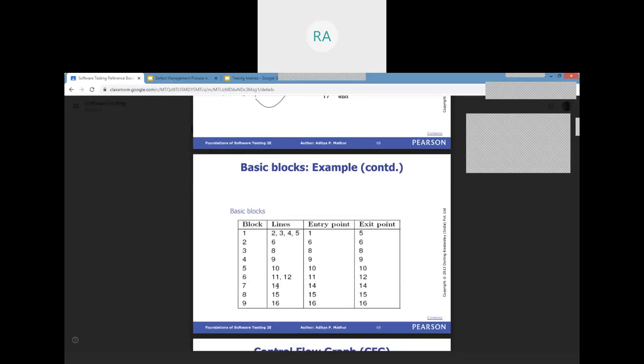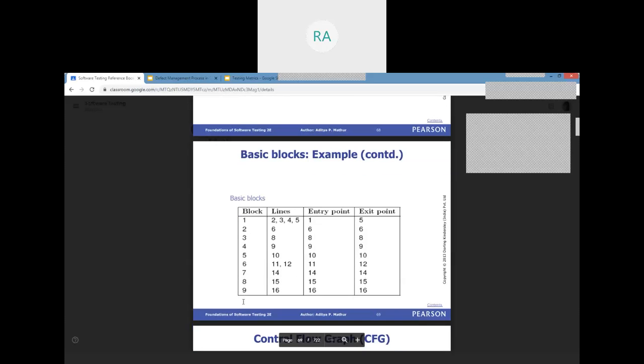Coincide means entry and exit point will remain the same. After that, it is applicable for block number 8 as well as block number 9. So first step is always the basic blocks design, and it should be in this format only. Whenever we tell you to draw the CFG, control flow graph, first step is always you come up with this